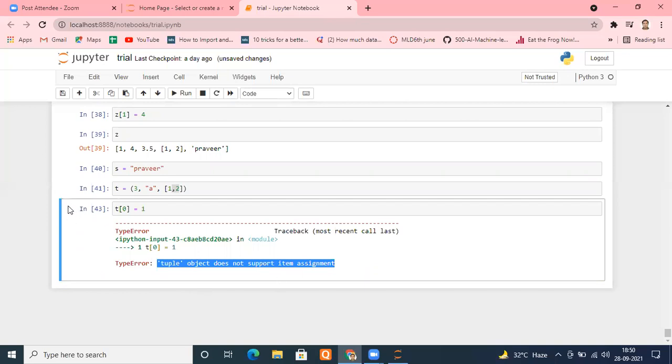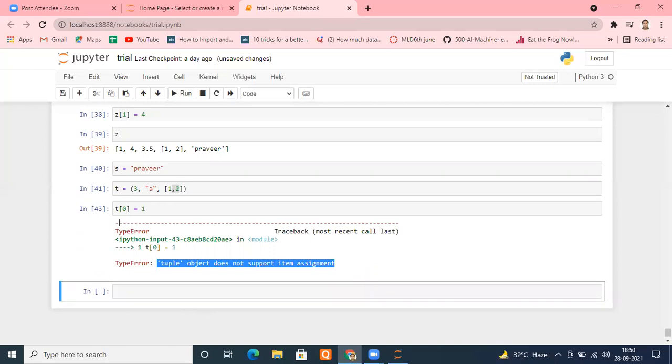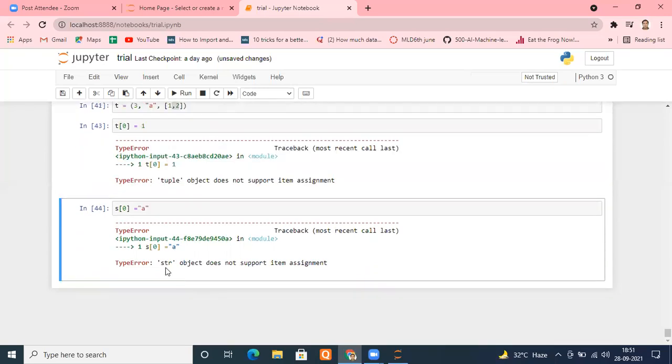Same is the case with the string. For example, if I try to do the same thing with the string, S[0] equals a character, let's say A, again the same problem will be shot out. String object does not support item assignment. Can you see that?